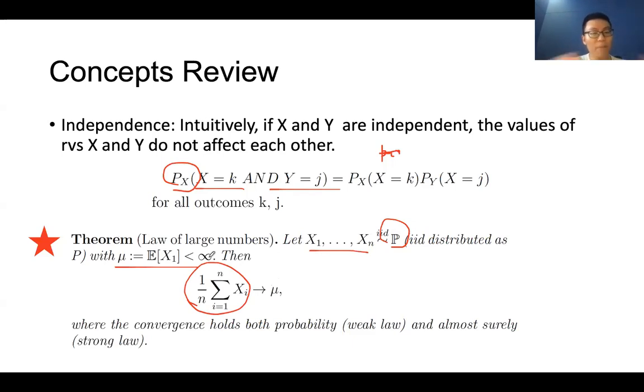You just sample from a distribution, and you sample it so many times, like 100, 1,000, 1 million times, and you get lots of samples, right? And you just take the average of those samples. That should approach the true mean if you sample more and more times. The more samples you get, the more precise the result you should get. Okay, so that is the basic idea for this.